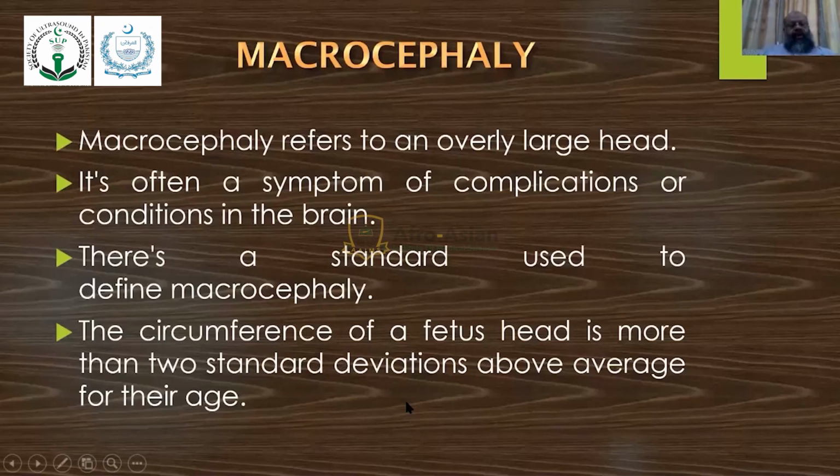Again, the comparison of head circumference and BPD with measurements of abdominal circumference and femur length will be done. If the gestational age calculated by BPD and head circumference is more than 2 weeks as compared to the other parameters, we will label it as macrocephaly, larger head. Now we have to rule out whether this larger head is due to ventriculomegaly or intracranial pathology,